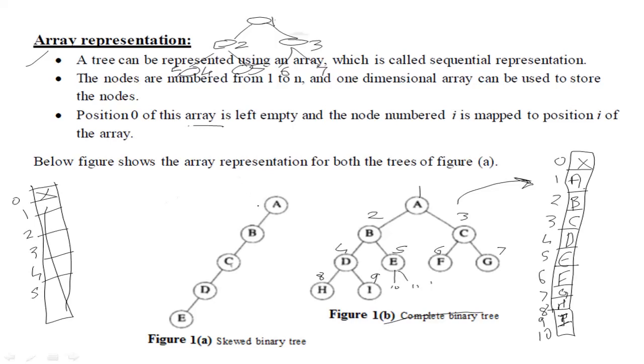Now the problem is here: this is a skewed tree. How do I number this? I will number this as 1, this as 2. Here there is a node which is 3. The numbering was easy before because that was a complete binary tree. Now this is a skewed tree. So while representing it in memory, I just cannot save A, B, C, D sequentially here.